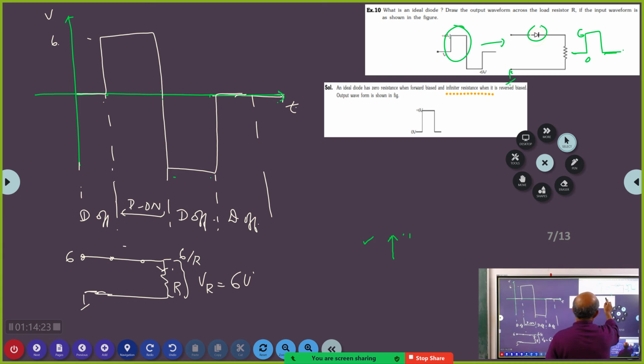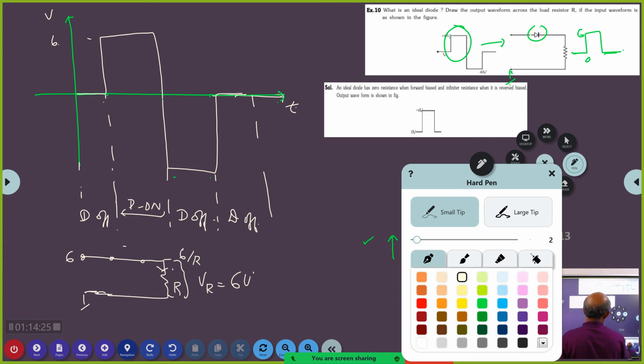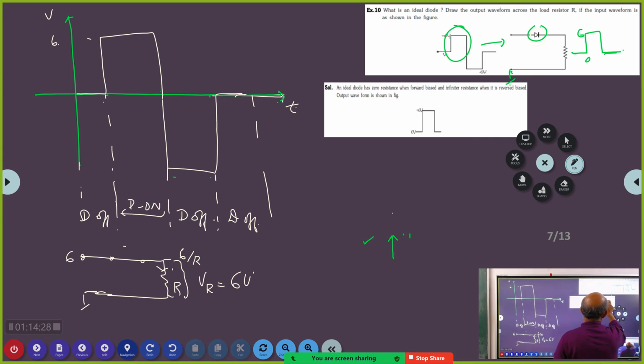See, infinite resistance when it is reverse biased. Output voltage has 0 resistance, and also see they have shown here 0 to 6 volts now. That means it has no cut-in voltage. See, if it had cut-in voltage, then it would be 6 volts minus 0.7 volts. So therefore, this is what they have used. So breakdown voltage will be